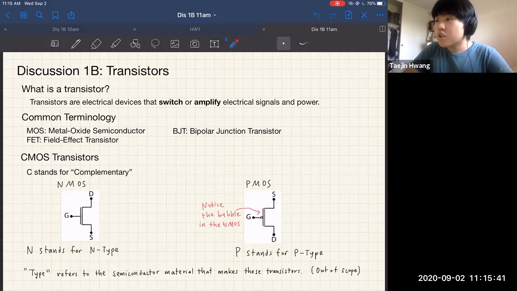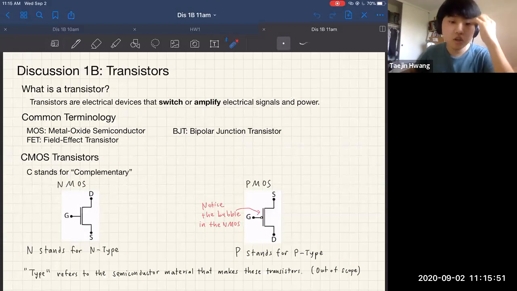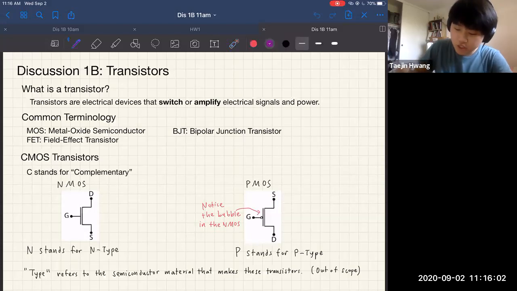All right, do we have any questions before we move on to something else? Is there a reason why the drain and source are flipped between the two? Yeah, that's a great question. I think it's really just convention that whenever we build CMOS transistors, the PMOS will always be on top and the source will always be connected to the top of the PMOS. But this brings up a really good point that